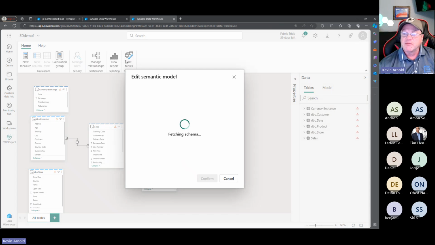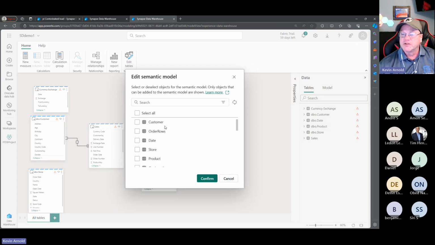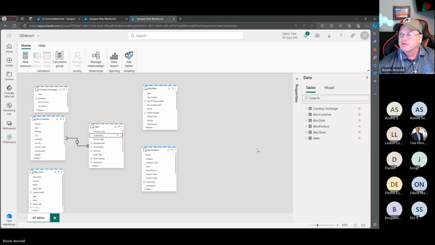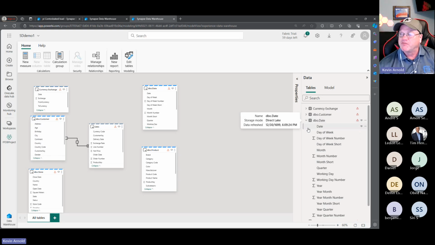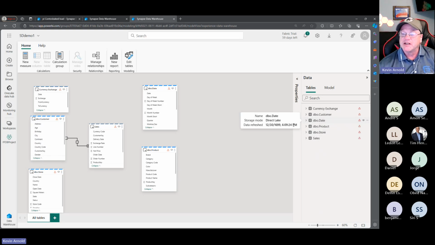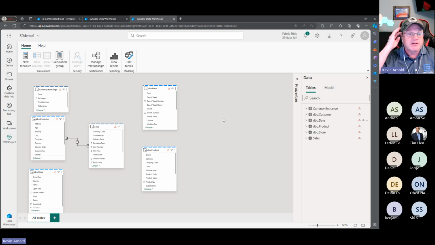I could edit the tables. Let's see, oh, I can edit tables is just allowing me to take ones away. I could deselect them. So the whole web modeling view, it's not 100% there yet, but it's getting a whole lot better. And then from here, I just got a regular semantic model that I could produce Power BI reports to. Once I put all my relationships in, put my measures in, if I have a calculation group, I could now open this one with Tabular Editor and stuff like that.